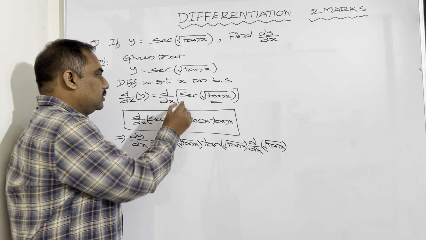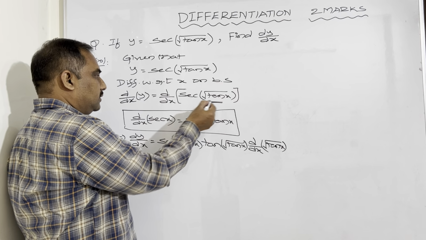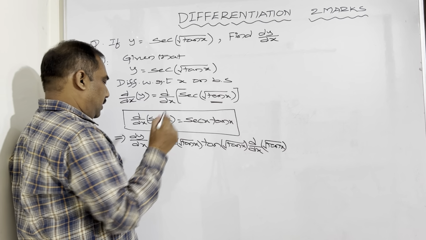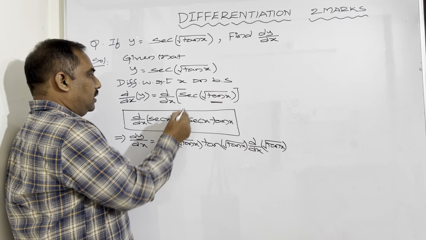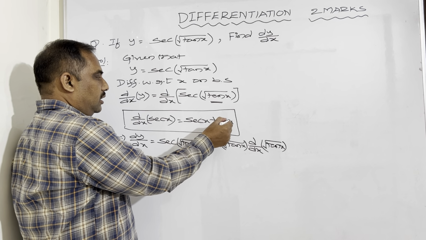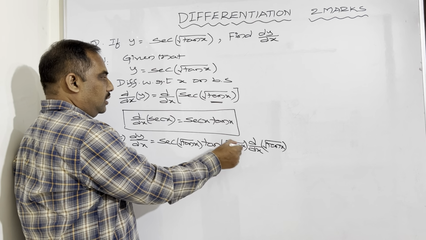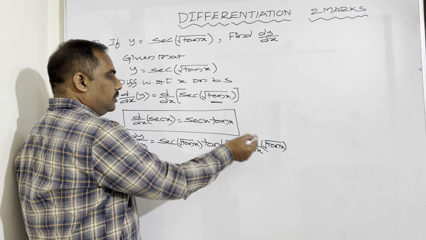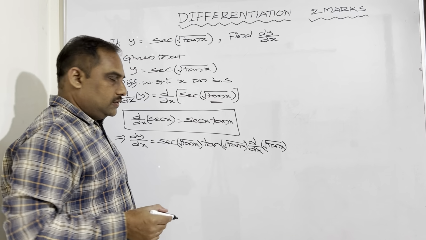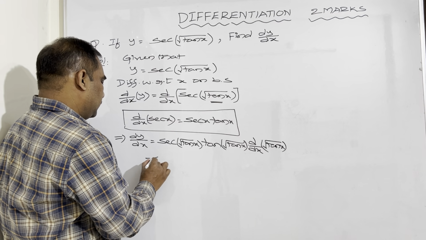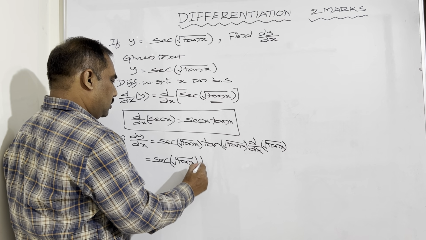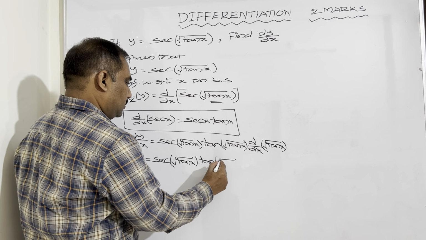Observe here, this is in the form of secant x. In place of x, we have root tan x. So applying this formula, dy by dx is equal to secant of root tan x, again into tan of root tan x, again into the derivative of x. X is nothing but root tan x. Which is equal to secant of root tan x into tan of root tan x,